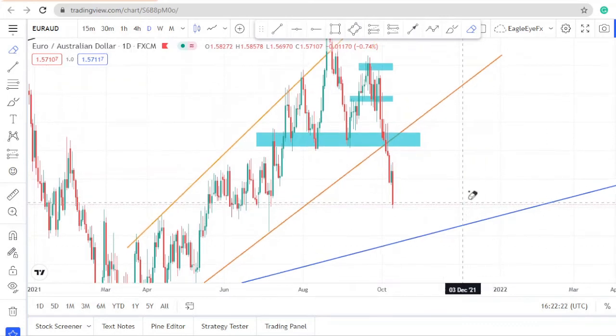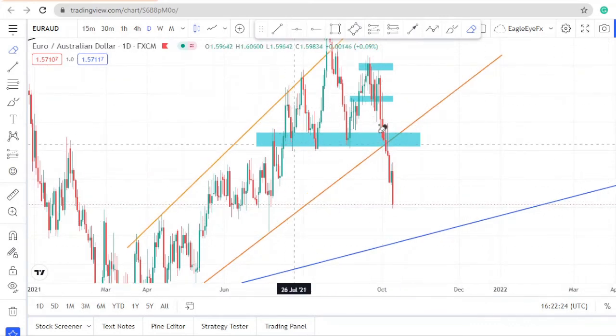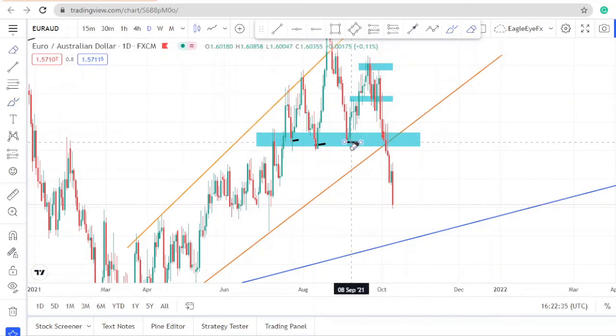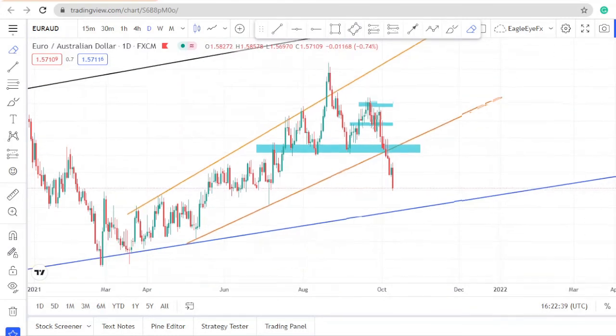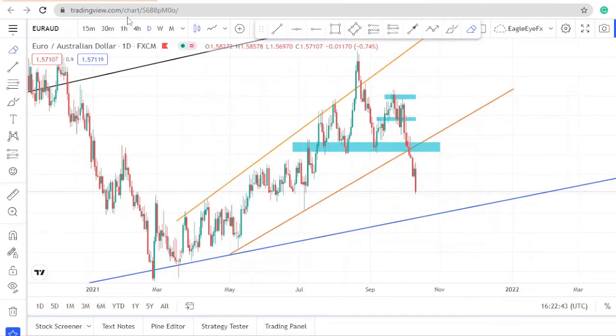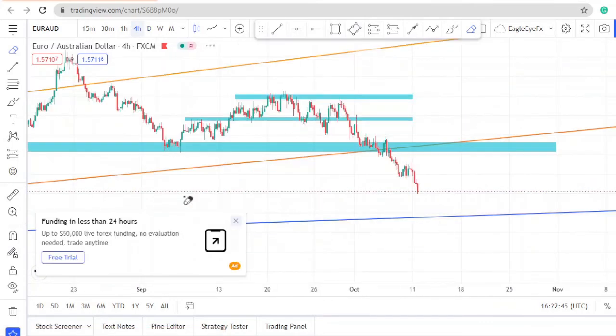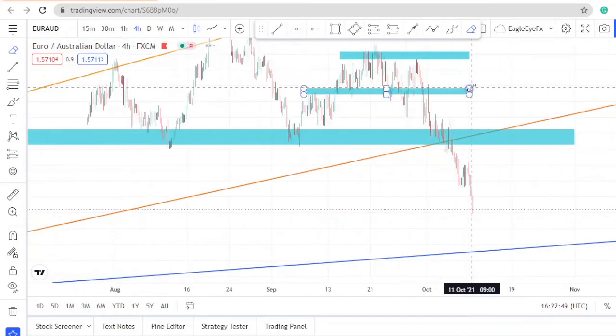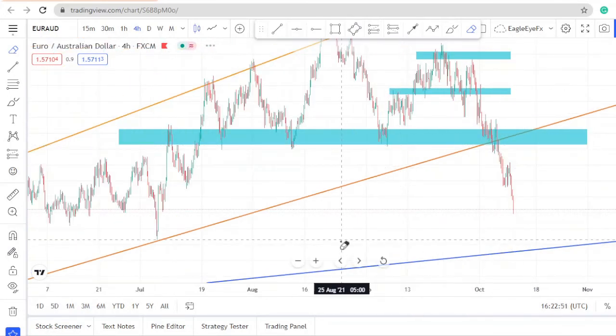So you can see that it broke this level. We saw support here, support here and support here, but this time around we see Euro AUD breaking that support and going down. All right, so let me go to the 4-hour time frame. So on the 4-hour time frame, you can see that